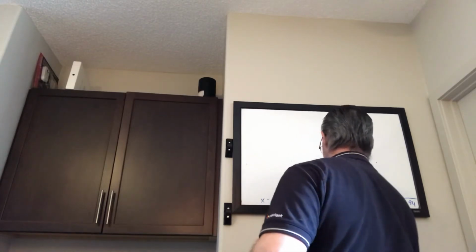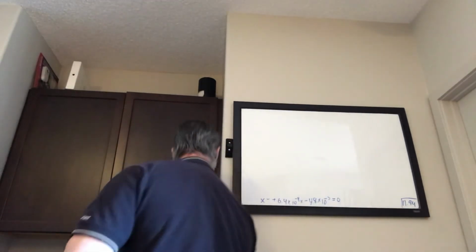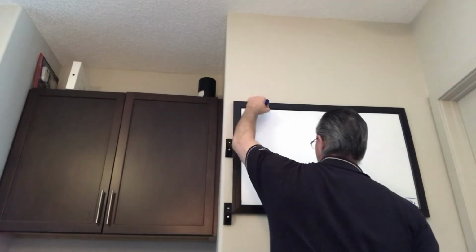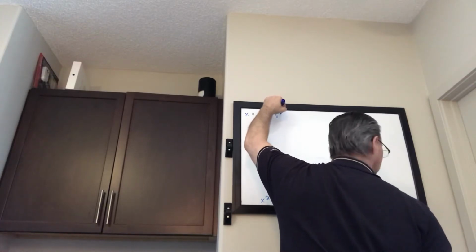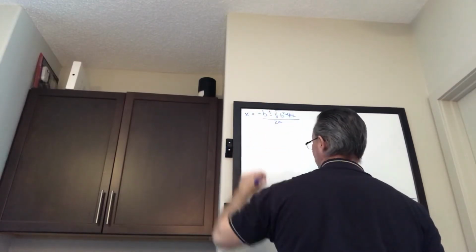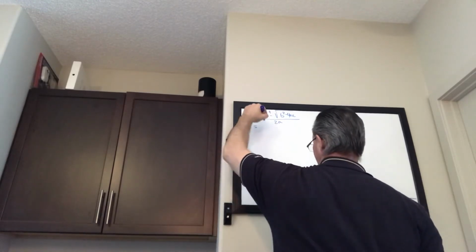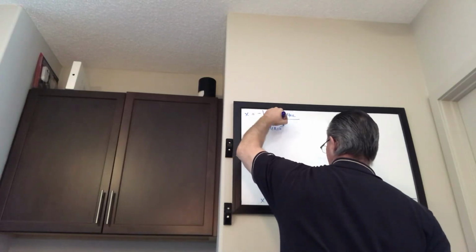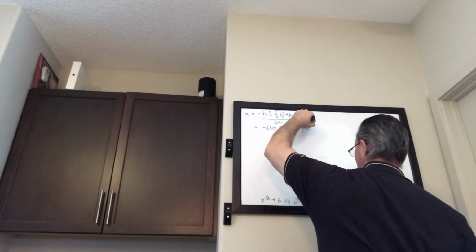Now, erase our trinomial. That's what we need to work with. So the quadratic formula is x equals negative b plus or minus the square root of b squared minus 4ac, all over 2a, where a is 1. So let's put in all the numbers. So negative of 6.4 times 10 to the negative 4, plus or minus the square root of 6.4 times 10 to the negative 4